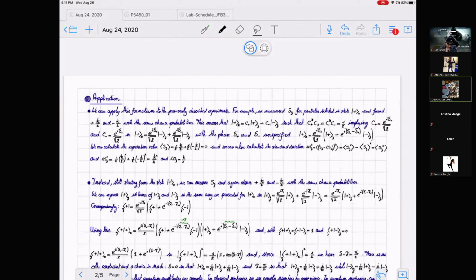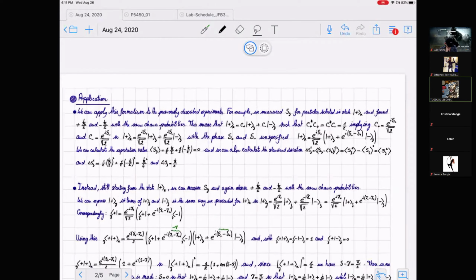Maybe I reversed things a little bit, but let's say you have a first Stern-Gerlach device that selects particles to be in the plus sub x state. And these particles, you run them through a second Stern-Gerlach experiment that is going to measure the z component of the angular momentum. So again, the outcome of the measurement is going to be either plus or minus h bar